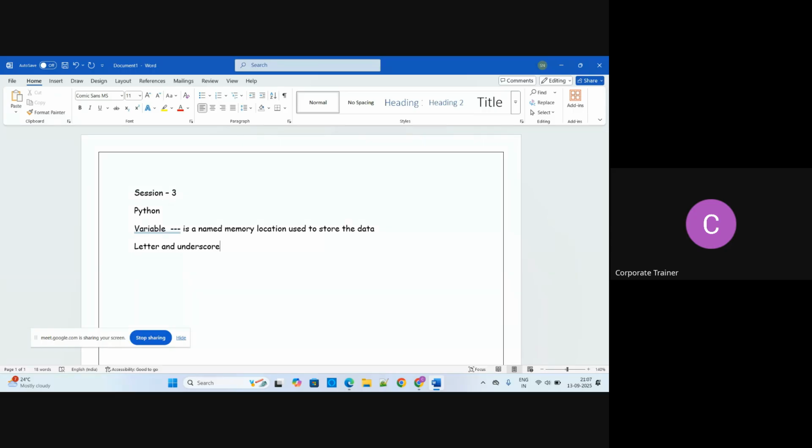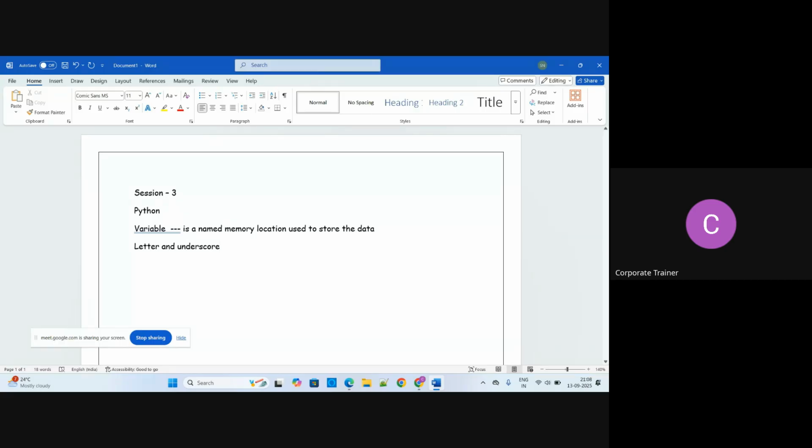That's what I wanted to tell you, but somehow by mistake I said it the other way. So the main thing is it must start with any letter or underscore, but you cannot start with any number. It's case sensitive, remember that, and no space or special character is allowed.